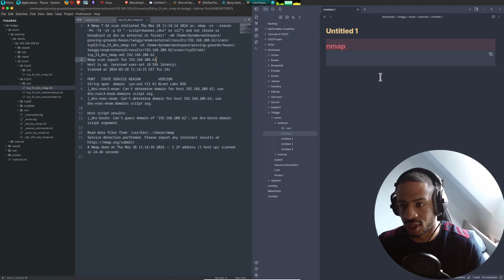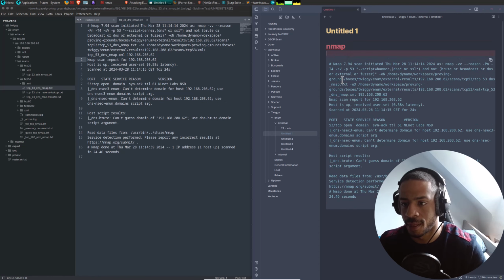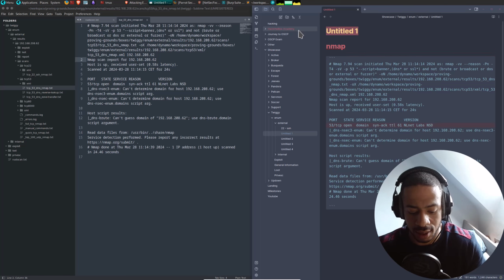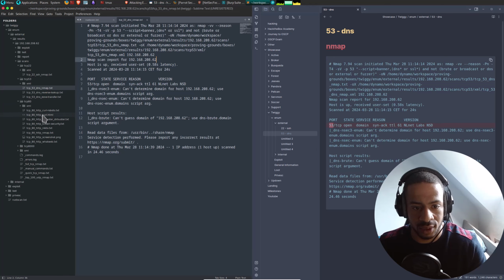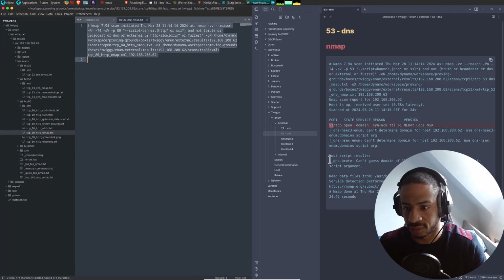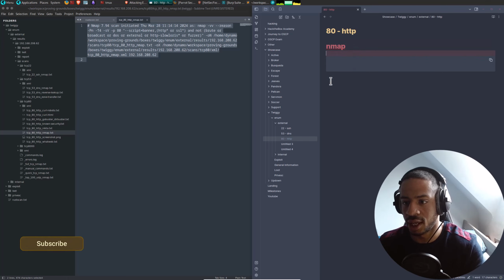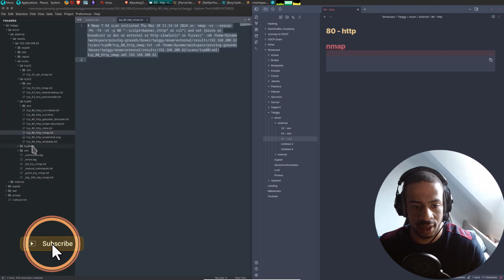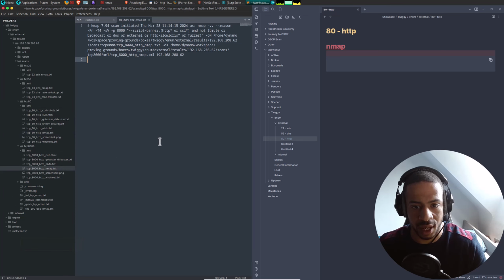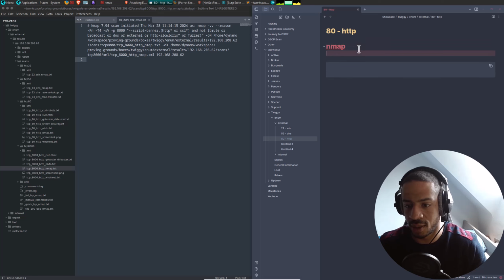Let me just bring that over like that, bit of space. DNS, and then port 80 will take a bit more time, like that, a bit more space, and port 8000 will also take a bit more time.